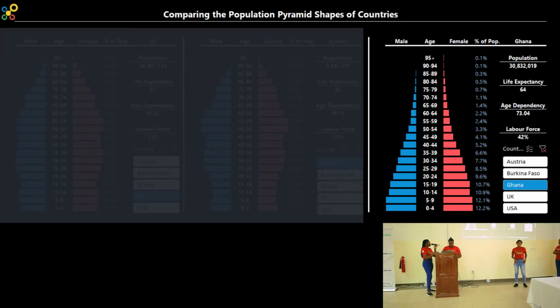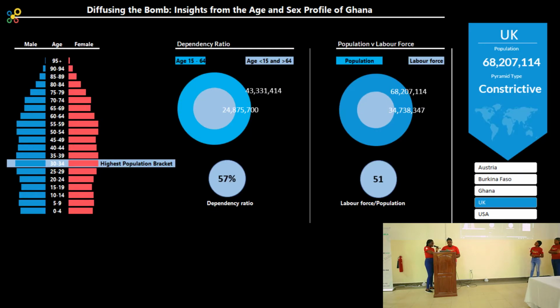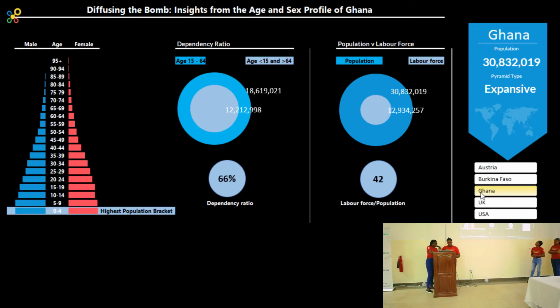As explained earlier, Ghana's population is expansive. This means that Ghana's population pyramid has a wide base, which means that most of our population are within the youthful age cohort. And as we can also see, our population pyramid is narrowing down at the peak, which means that most of our population die out before they reach the peak of the pyramid,